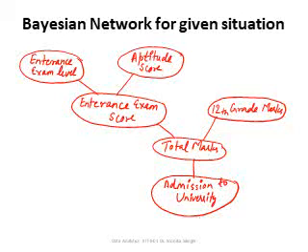Then 12th grade marks also contribute to the total marks of the student and further admission to the university. So this is how we have identified the different variables in the given situation, and we have put them in the form of nodes and drawn the network. Now the second step is we have to draw the conditional probability tables.